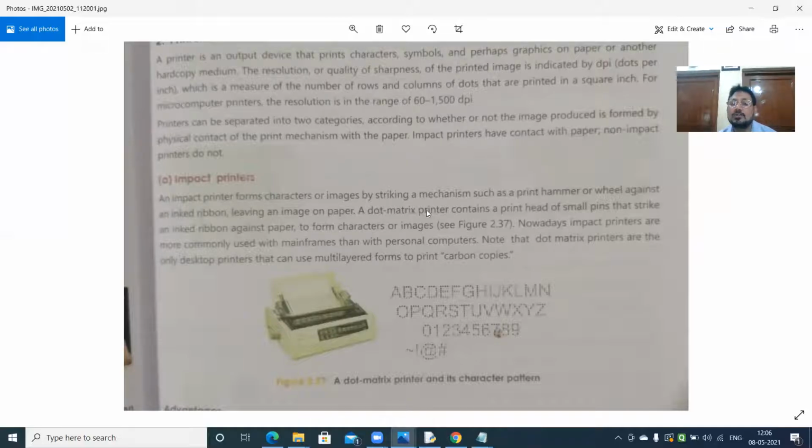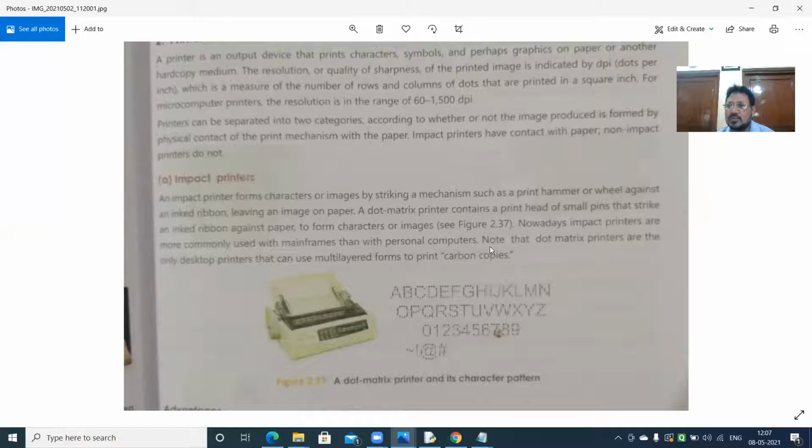A dot matrix printer contains a print head of small pins that strikes an inked ribbon against paper to form characters or images. Nowadays, impact printers are more commonly used with the mainframe than with personal computers. On personal computers, most of us use the laser printer.